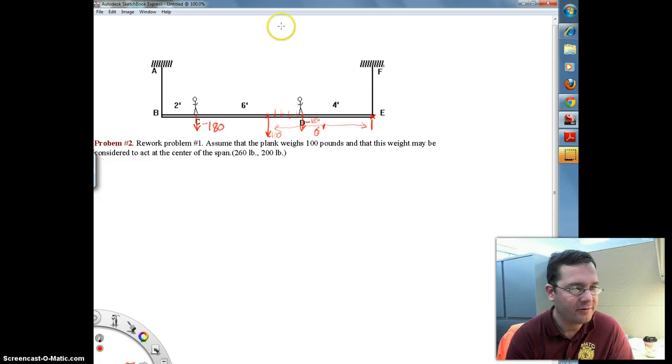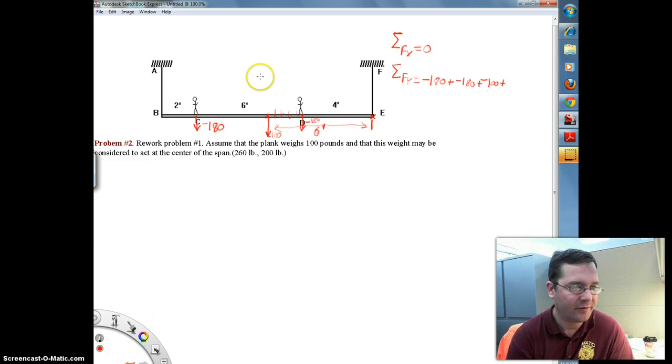So again, the technique to solving basically any of these statics problems, we start looking at the sum of the forces. Well, the sum of the forces in the x direction, there are no forces in the x direction, so that becomes rather straightforward. The sum of the forces in the y direction equals the weight of the painter plus the weight of the other painter plus the weight of the beam